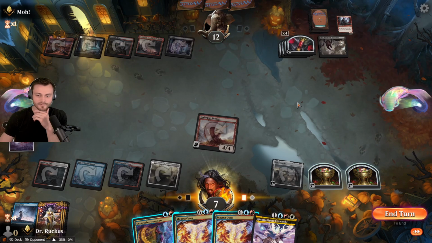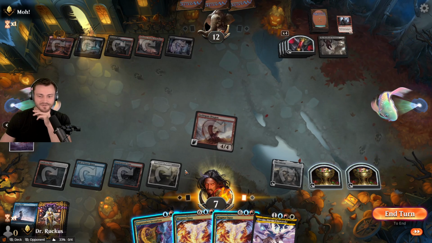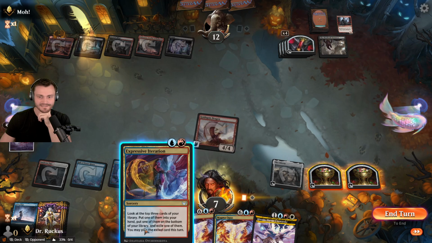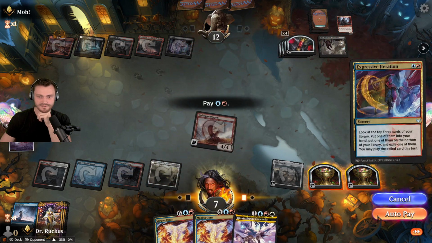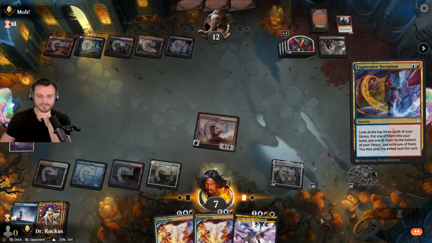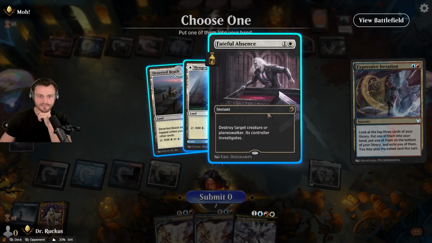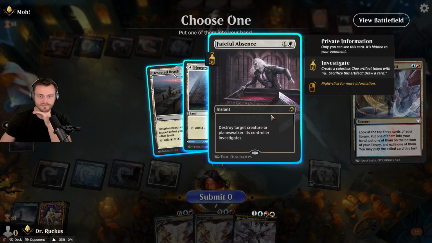Do we waste all of our precious treasure just to Expressive? I think we do. I think we do. Hopefully the manual mana taps are okay. Okay, well, do we just need more land? We don't really need,